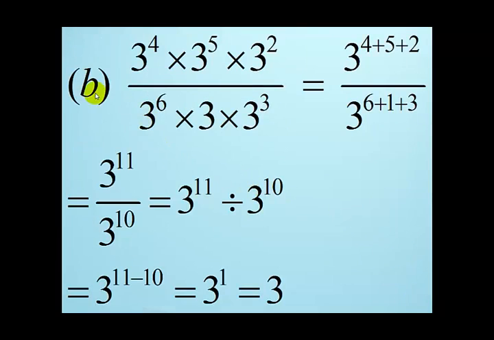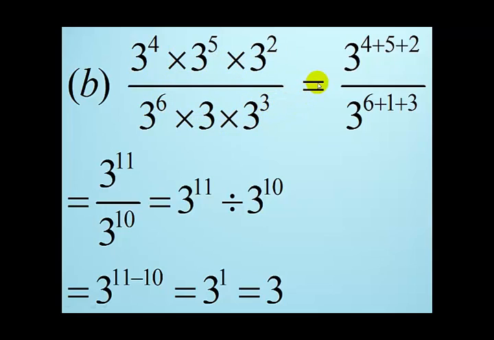Now B: 3^4 times 3^5 times 3^2, all divided by 3^6 times 3^3. Don't forget that the number 3 is the same as 3^1, because 3 raised to the power 1 is the same as 3. This means that 3 is the same as 3^1. So 3^4 times 3^5 times 3^2, all divided by 3^6 times 3^1 times 3^3 is equal to